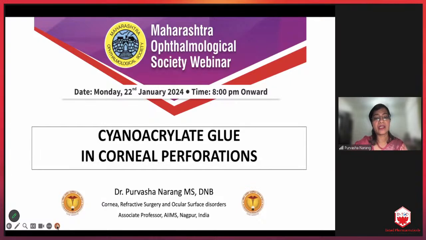So basically, we've covered Tenon's patch graft, we've covered amniotic membrane and multi-layering of it, and now we'll come to the humble cyanoacrylate glue, which is a cheap and very easily available alternative and can be readily utilized by the general ophthalmologist in case they see a tiny perforation, which is an ophthalmic emergency and can be treated before referring the bigger ones.